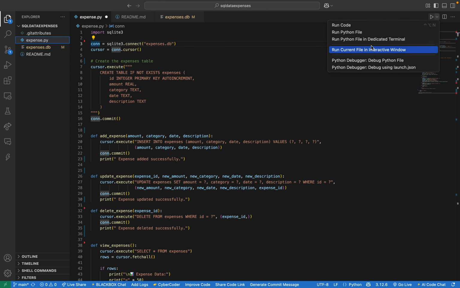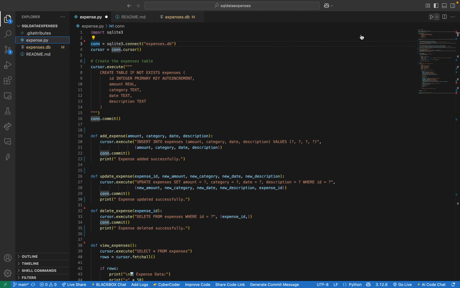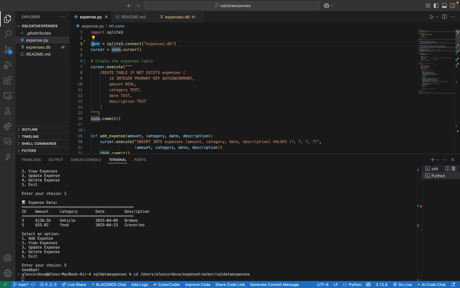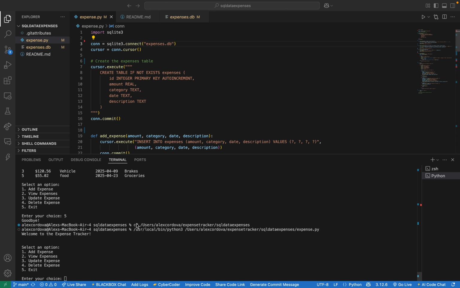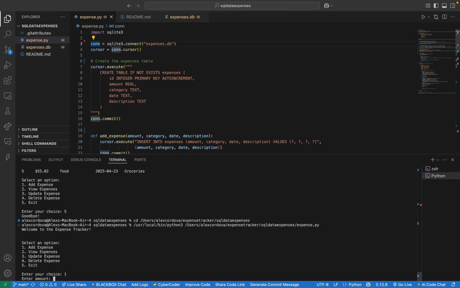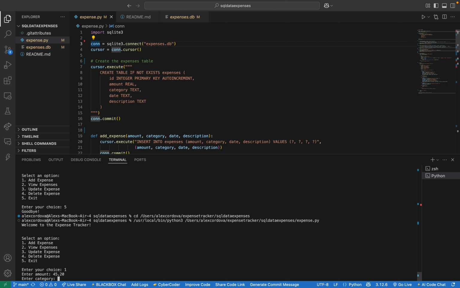Let me just go here. I want to run this file. Okay. So as you can see here, I did some other things before this, but I will just show how it works. So I can add an expense. Let's say the amount is $45.22. That's the category. It can be like food,